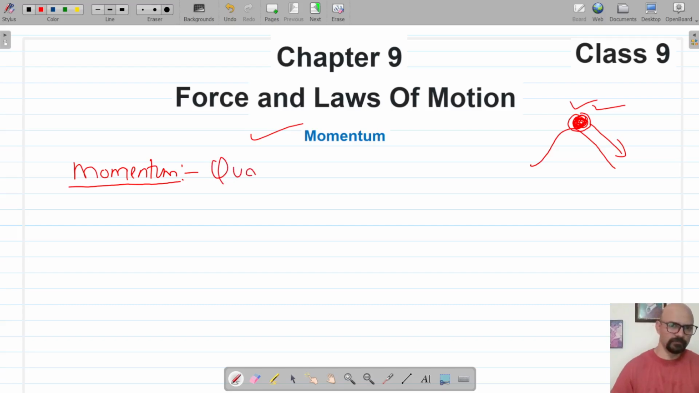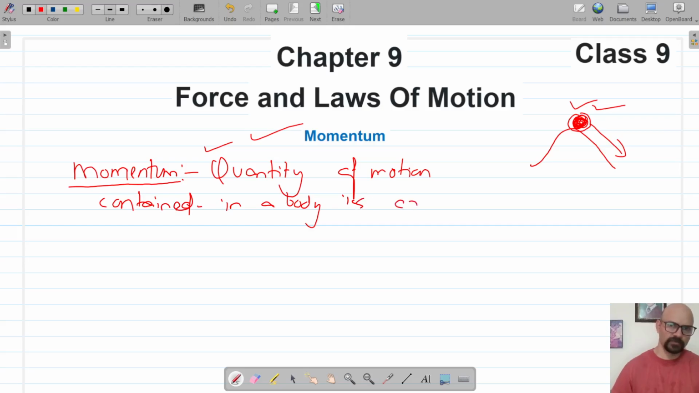And so momentum is, in simple layman's language, the quantity of motion contained in a body. Because the bodies are lighter and heavier, that means the quantity of motion will also be less or greater in the body. So let's see how we are going to check if the quantity of motion is more or less in a certain body. So, quantity of motion contained in a body is called